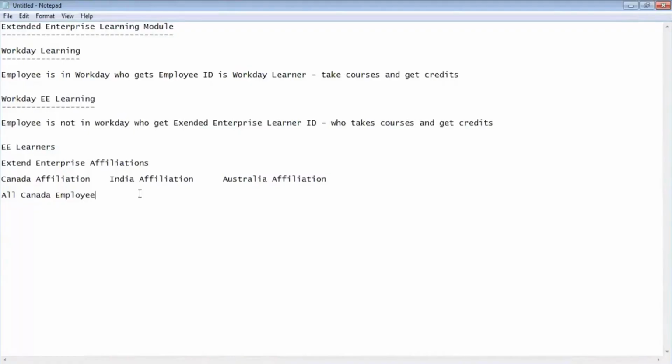Amit, I have a question here. These extended enterprise employees taking a course, completing a course, will that completion be tracked in any way?